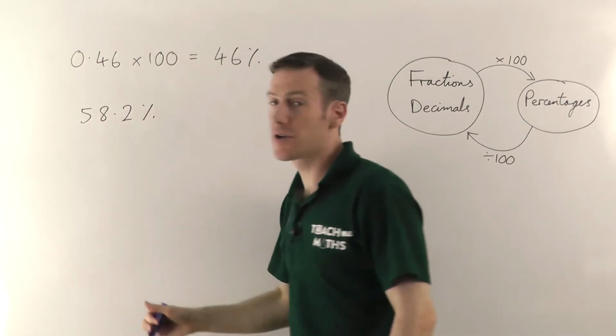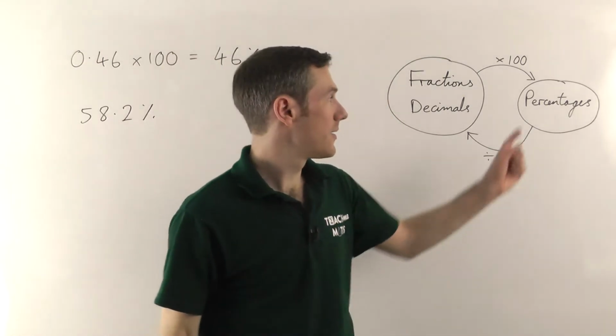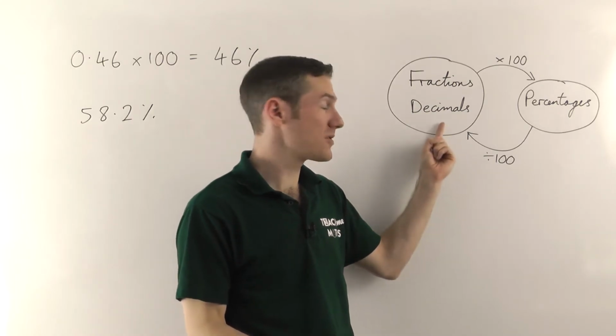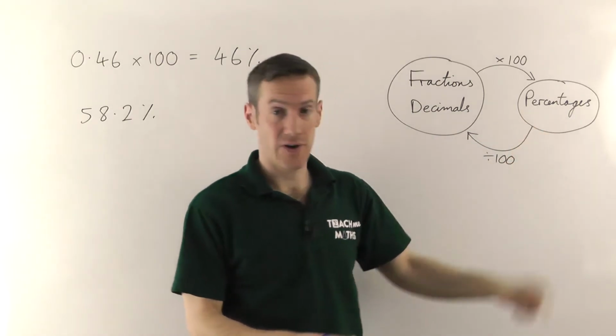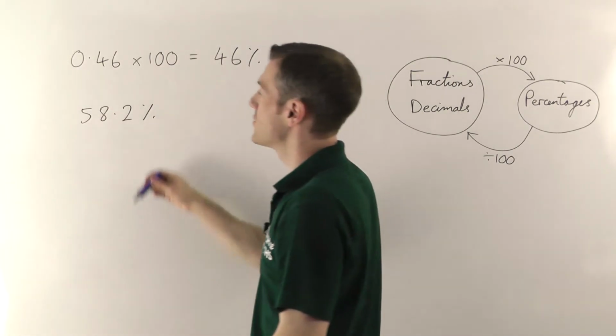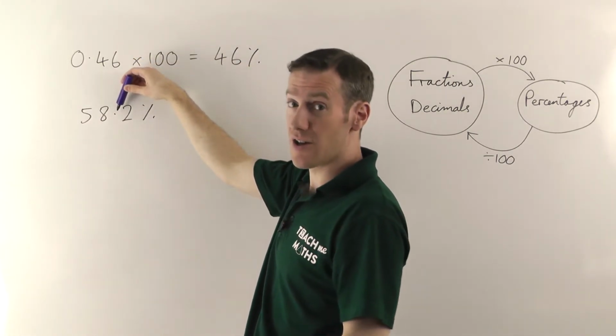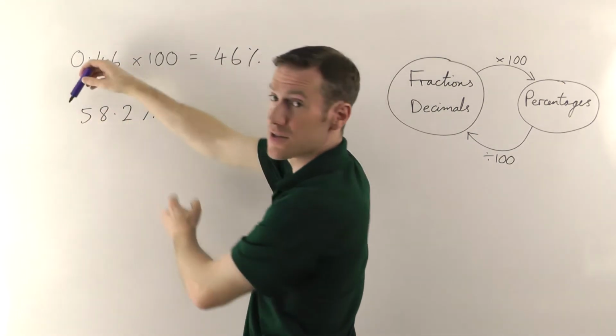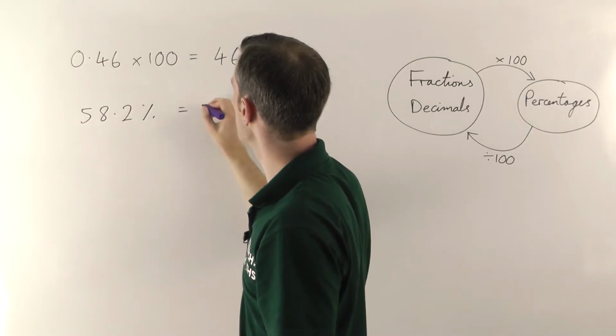58.2%, and you want to convert that back into a decimal, well, you go in the opposite way, so you divide by 100, because decimals are out of 1, percentages are out of 100. So you're just going to do the opposite of timesing by 100, you're going to divide by 100, so you're just going to move the decimal point 2 places in the other direction. So 1, 2, it's going to be 0.582. So as a decimal number, that's just